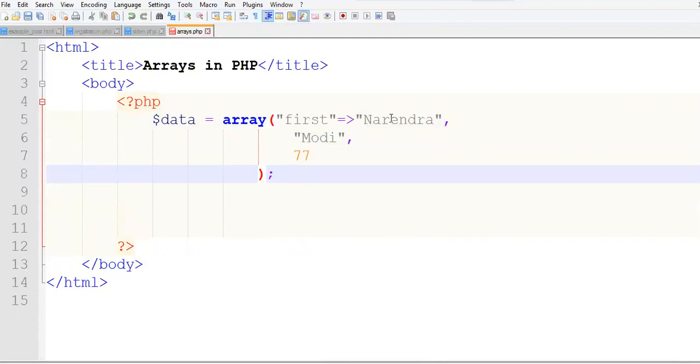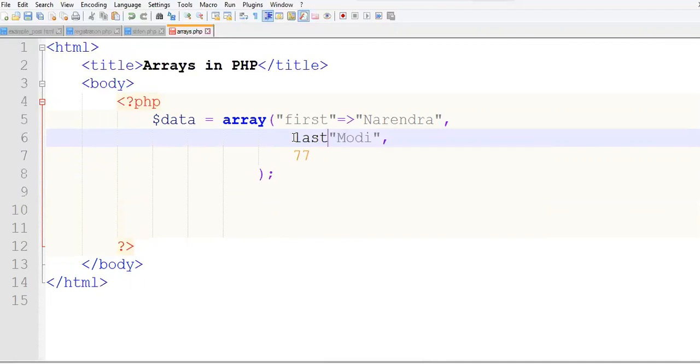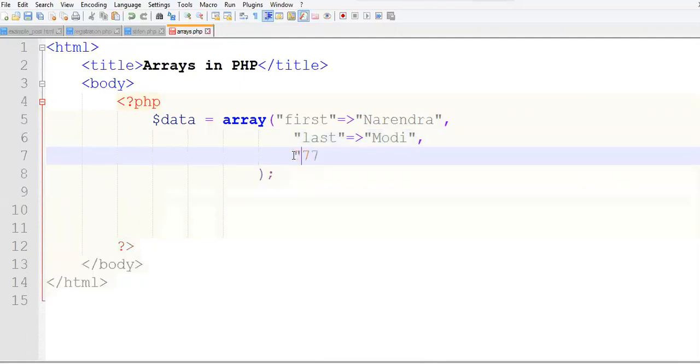Now assume this Modi is the last name of the person. So we will say last. This value last has to be specified in double quotes, then equal to and arrow. Then our third value will also be given a name, say it is the age.